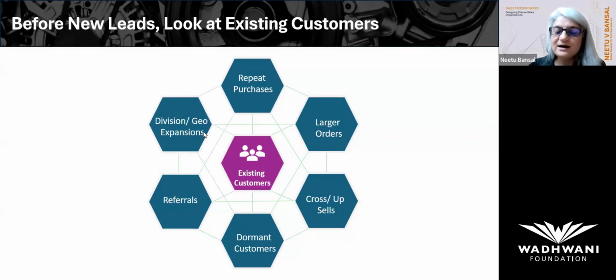Okay. And then the last one is, if you are selling to one division of a customer, are you selling to all the other divisions? Right? For example, I have a client who was selling to John Deere, in the North India market. Literally all the branches of John Deere, they were doing some work or the other. But when it came to South India, they realized that they don't have John Deere as a major client.